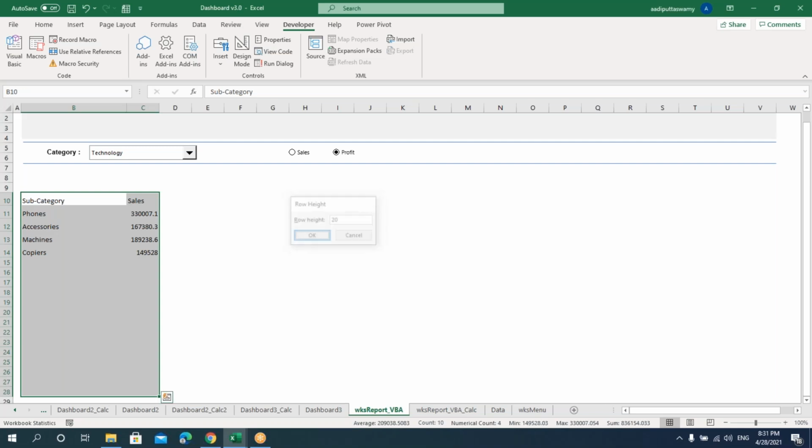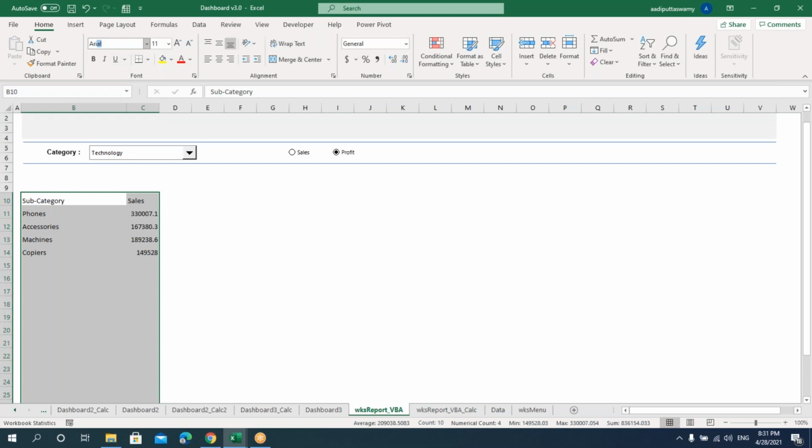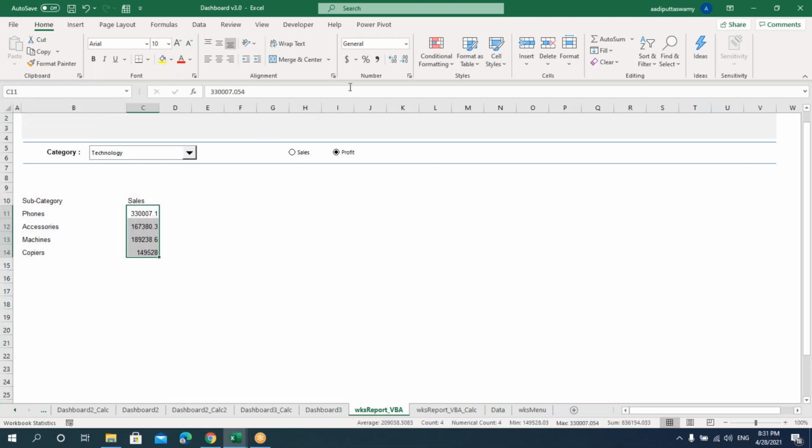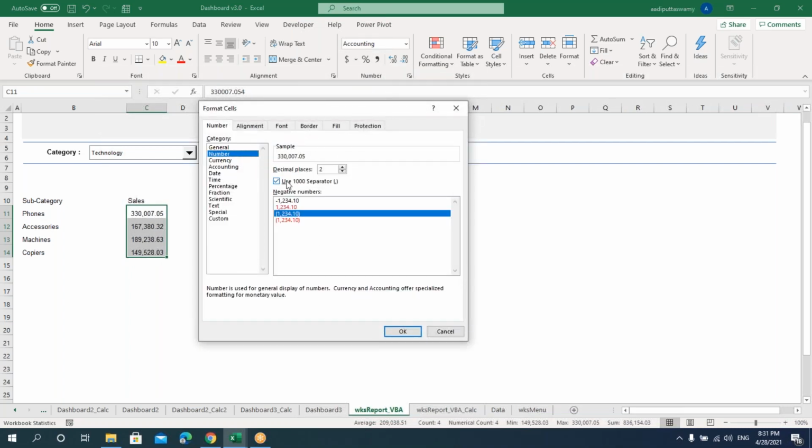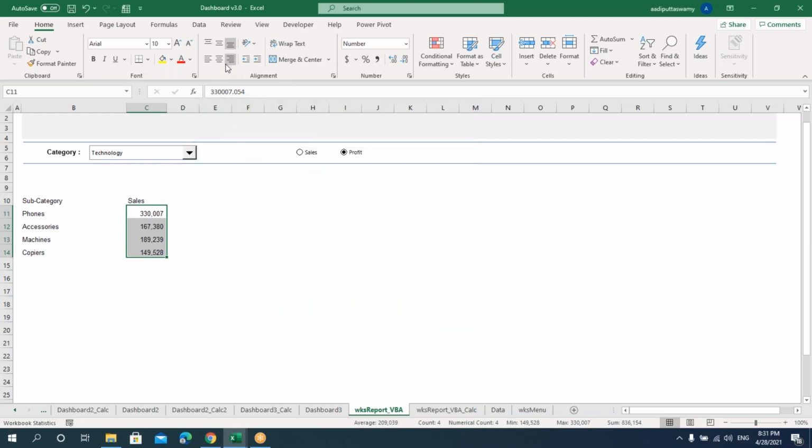I'll just increase the row height and we'll go here and change the font style. Then I'll make it 10, and here I'll just change this to 1000 separators. I'll remove the decimal numbers. I'll make it center aligned. I'm just trying to format it. Let's go here.